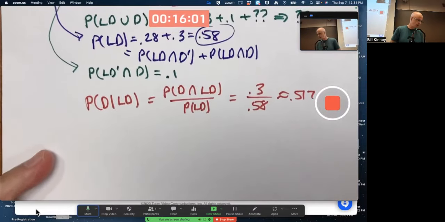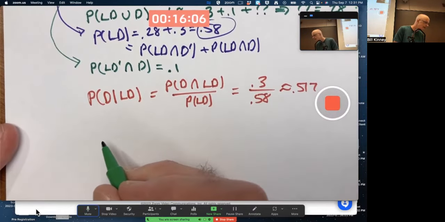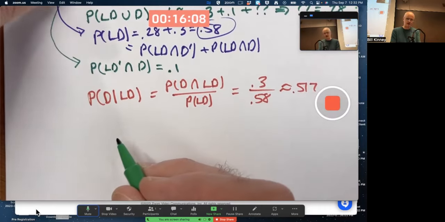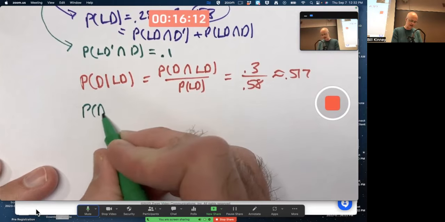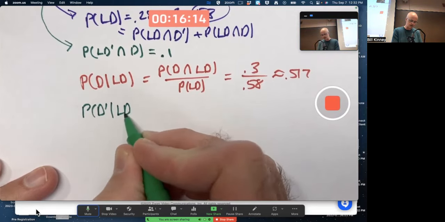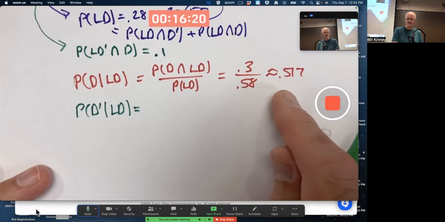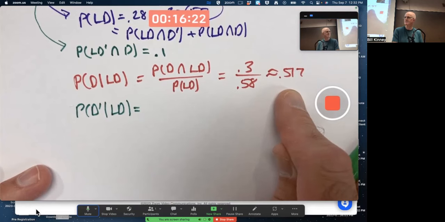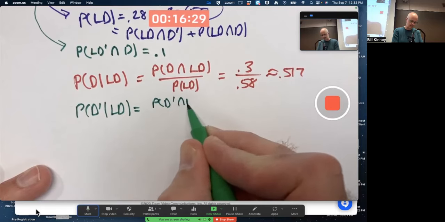I don't know if it's asked for, but let's see. Well, okay, let's also talk about the complement of this. What's the probability that they do not die, given that they are exposed to a lethal dose of radiation for at least 50% of people? I hope it's intuitive that it should be 1 minus this answer. Is it? If we use the formula,